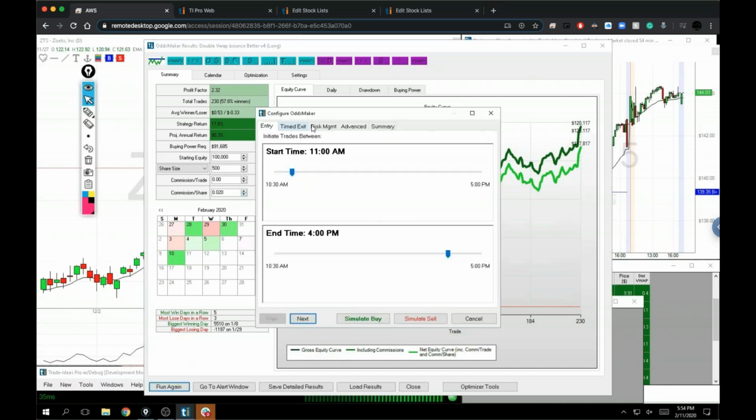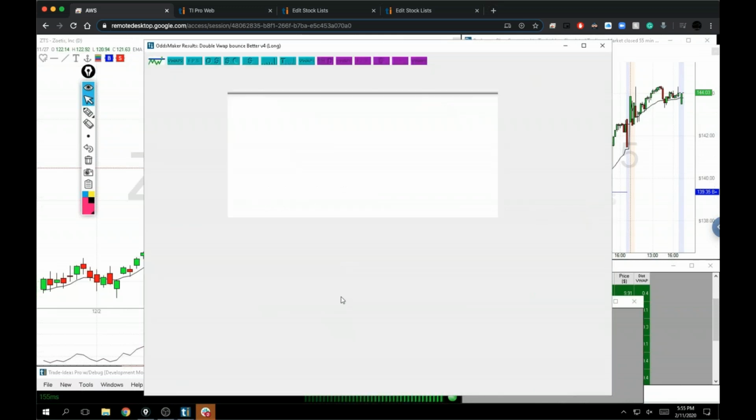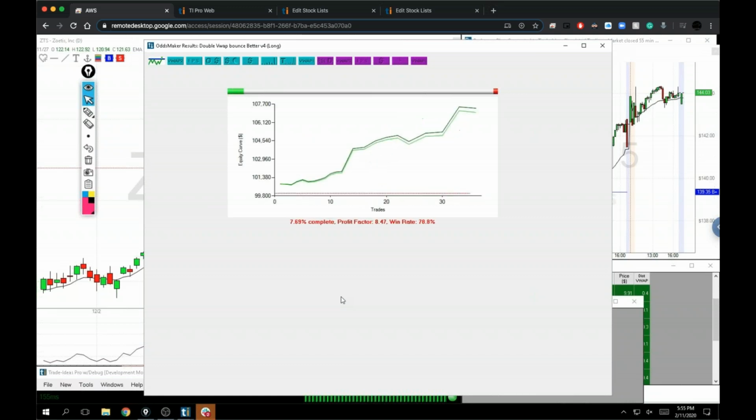So I can go back to this risk management tab and say, oh, I already put it, but say if I put my stop at the low of the day on all of these, what would happen? And this is the equity curve we end up getting. If I wanted to go with a wider stop, I'm sure what I'm going to get is more winners, but less of a good win-loss ratio. So, right, from the idea all the way here to something that I can have a trading plan,